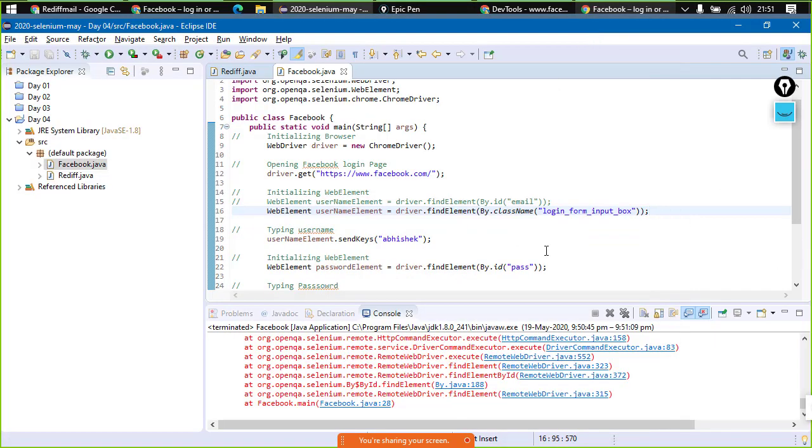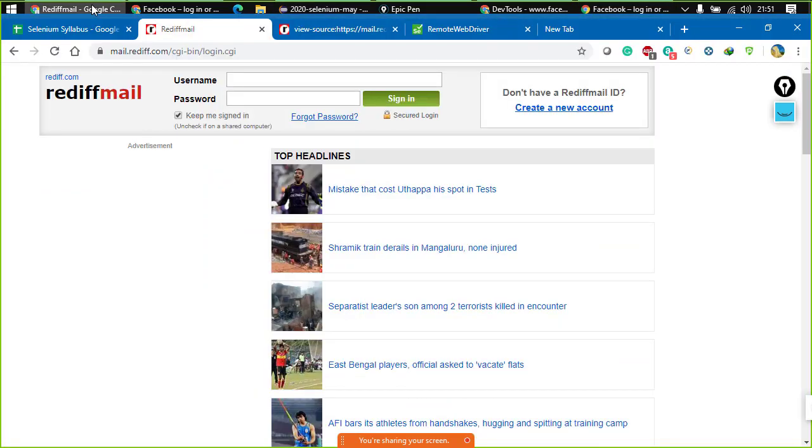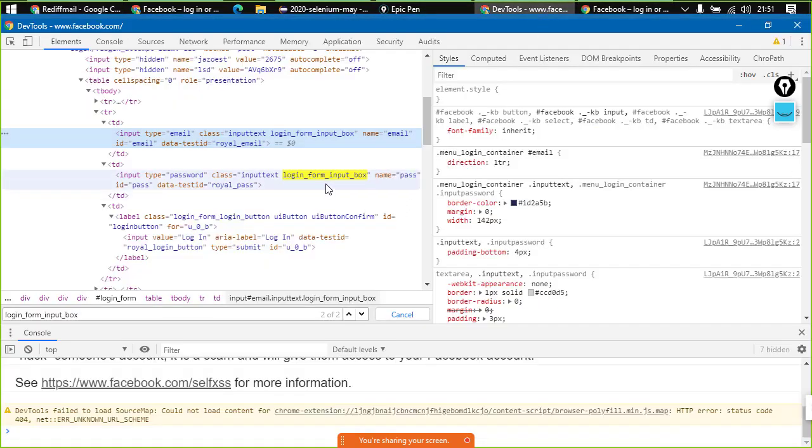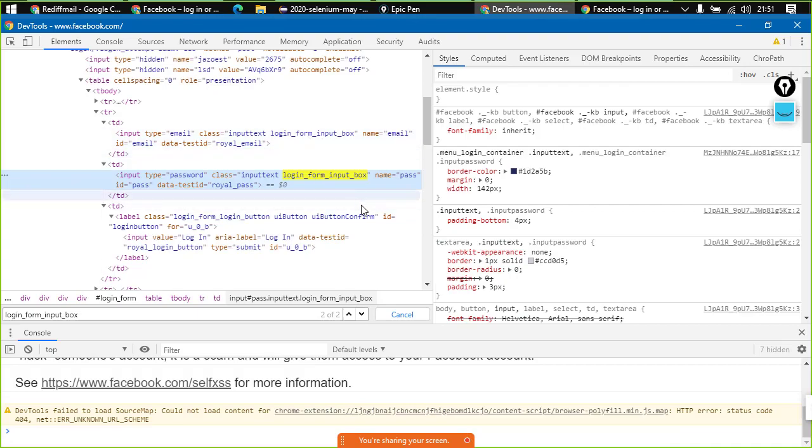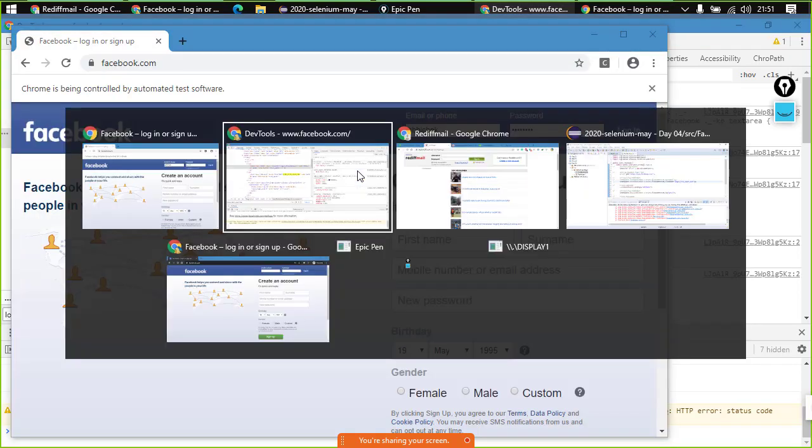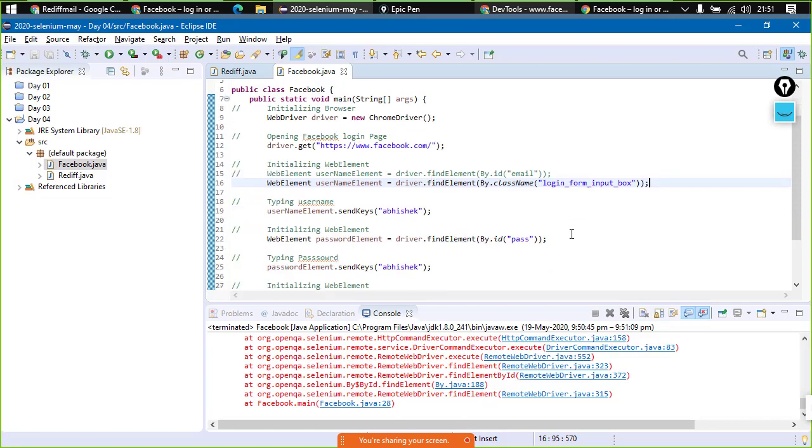Now over here, as you guys can see, there are two elements with the same class name, right? You guys can see that here. So how would we be able to understand which element is being retrieved? I tried retrieving the element for the first time. It retrieved this element. Now again we will be trying to retrieve the element for the password field.